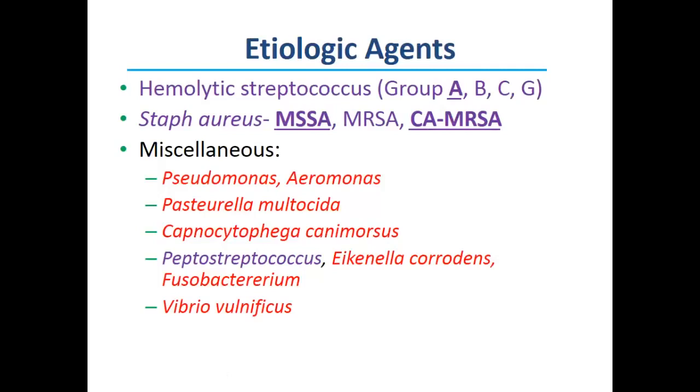Pseudomonas and Aeromonas occur with what exposure especially? What kind of exposure with a soft tissue infection would give you a Pseudomonas or Aeromonas infection? A water exposure. Pasteurella multocida: cat bites, animal bites in general, mostly felines, but also dogs have Pasteurella in their mouth. Capnocytophaga,